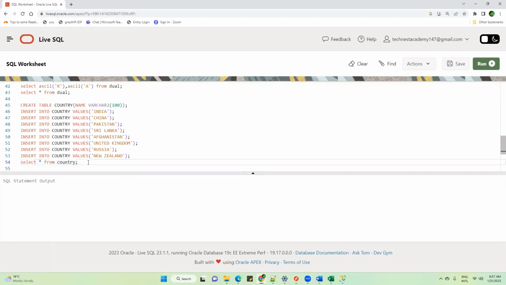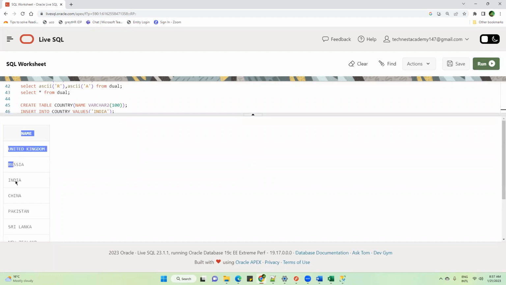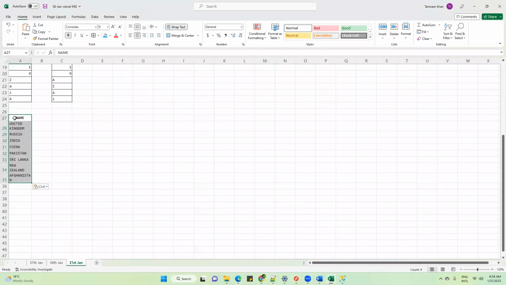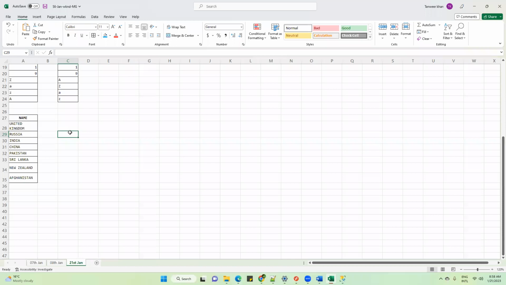Okay, so here I have created a country table and this is the data. Now listen very carefully. This is a little bit complicated, a little bit, not much. So this is a country table. Many times you have all experienced that you have to fill an online application form, right?